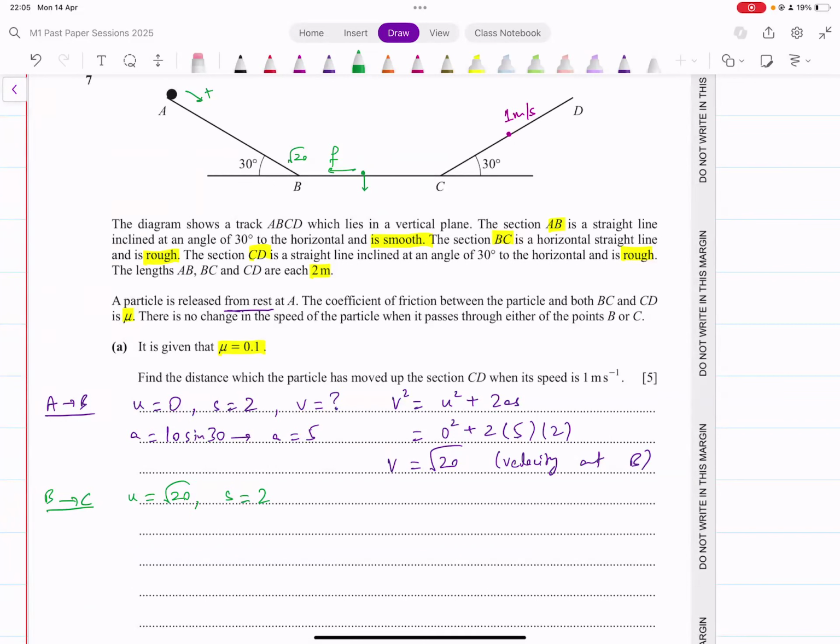Okay, so there's no weight that is given. So we'll have to write it in terms of M. So let's say this is 10M. Then the upwards reaction would be 10M as well, right? Because vertically there are no forces that